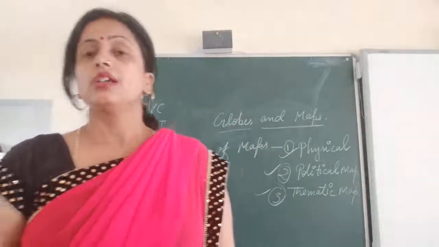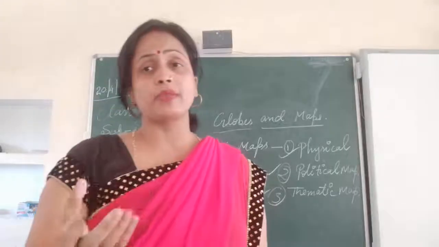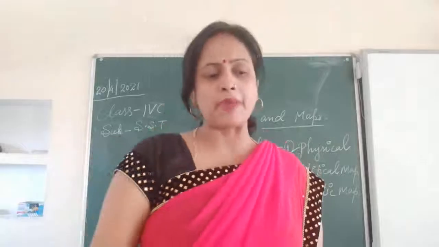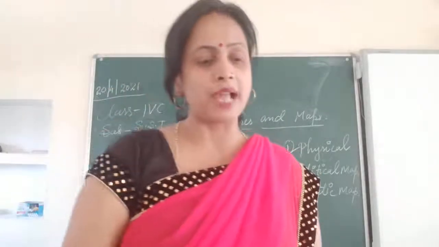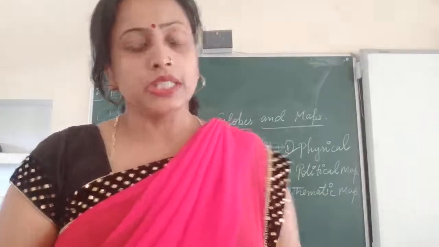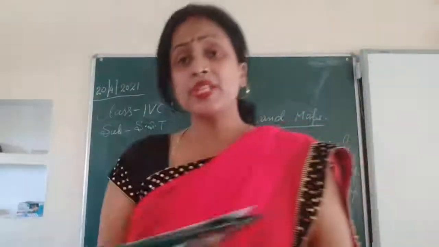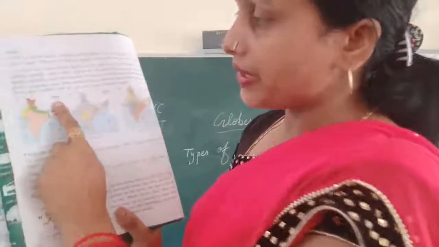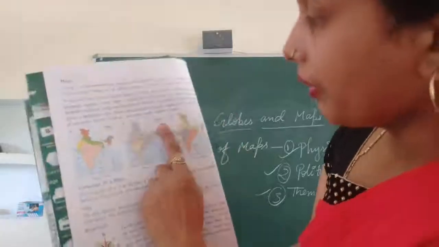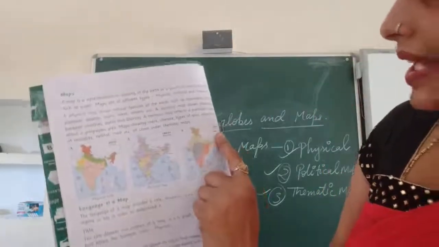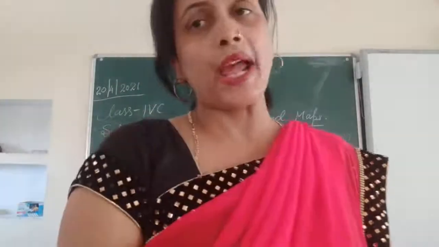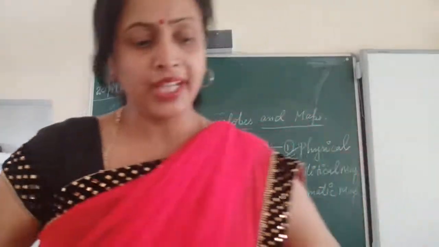Now next topic is what? Title. Now we will learn about the language of the map. First one is title. The title denotes the purpose of the map. It is given at the top of the map in bold letters, for example, India physical. Suppose India physical. Now here, India political. India's soils. So this is the title of a map.